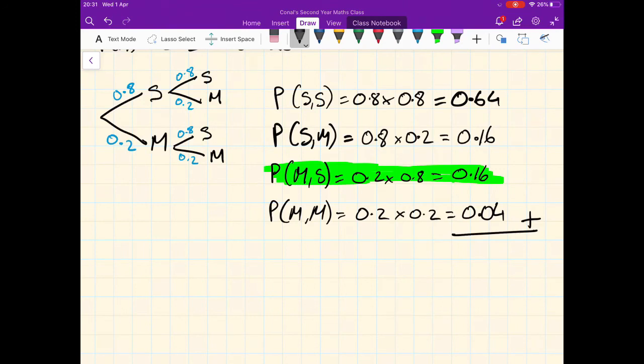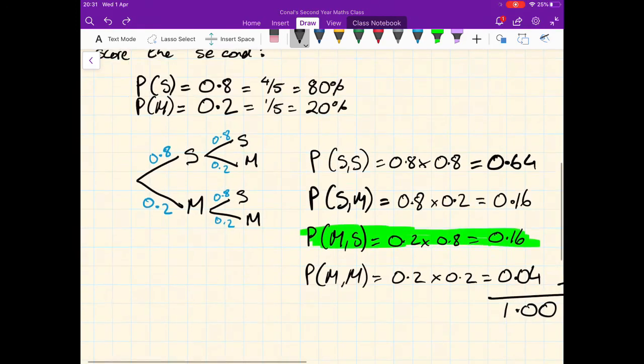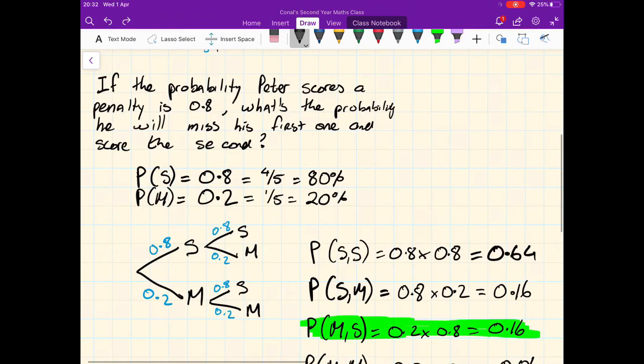Now we just want to make sure of something. We want to add together these probabilities and make sure that they add together to give us 1. So we have 64 plus 16 plus 16 plus 4. So 16 and 4 will bring us to 20. Add a 16 will bring us to 36. 36 and 64 brings us to 100. So that's 1.00. Your 4 probabilities here need to